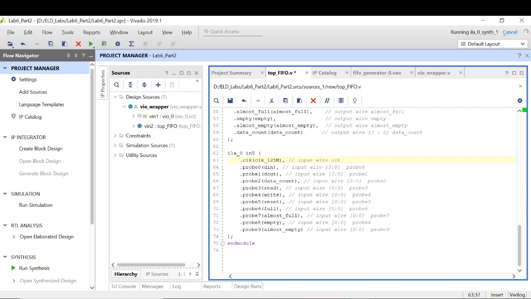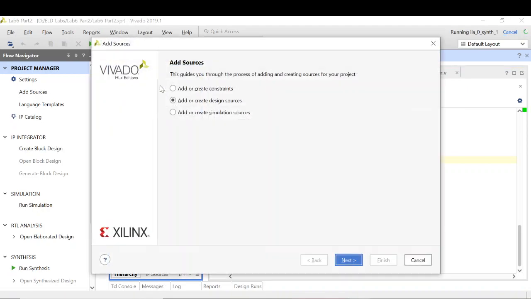Similarly, I have connected the different probes accordingly: the 4-bit probes for D in, D out, and data count, and the 1-bit probes for the rest of the signals. Now I can save it. Next thing is to add the constraints file. The constraints file is the same which we have been using until now.